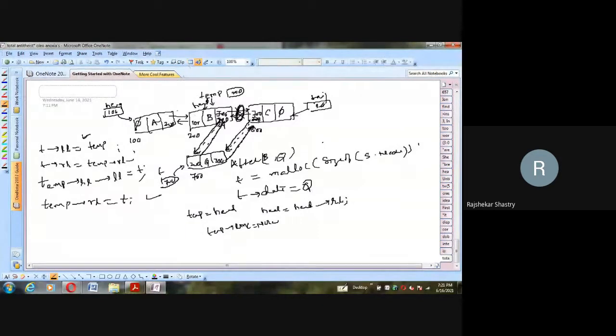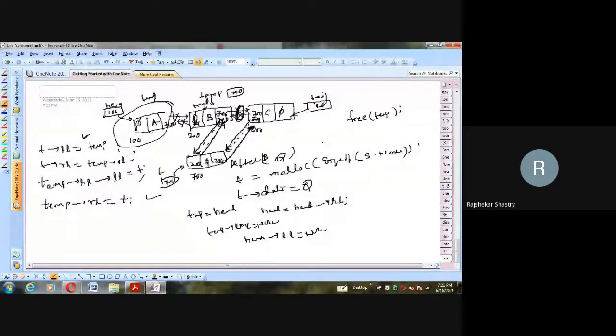Now this upper link, the right side movement, is removed. And the fourth statement is head arrow l link should be null. So that means head arrow l link is right now holding 100, we will remove it and have null here. So this left side link is also removed and this is completely isolated, held by temp. Now the fourth step is to free the memory which is allocated to the temp. So this is how we can delete the first node.